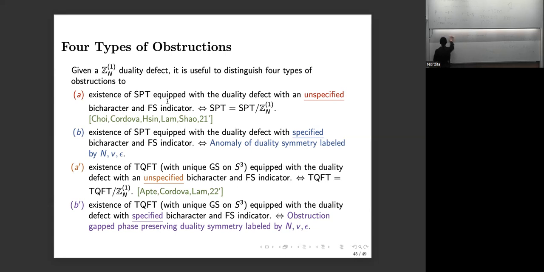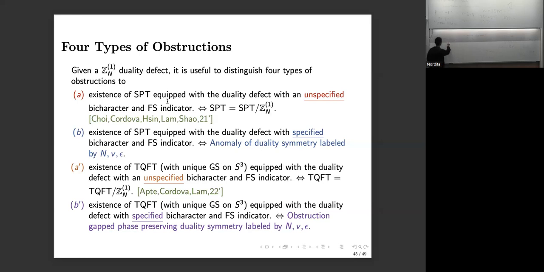First of all, it's easy to see that the condition A, meaning that the SPT is invariant under gauging the ZN one-form symmetry,